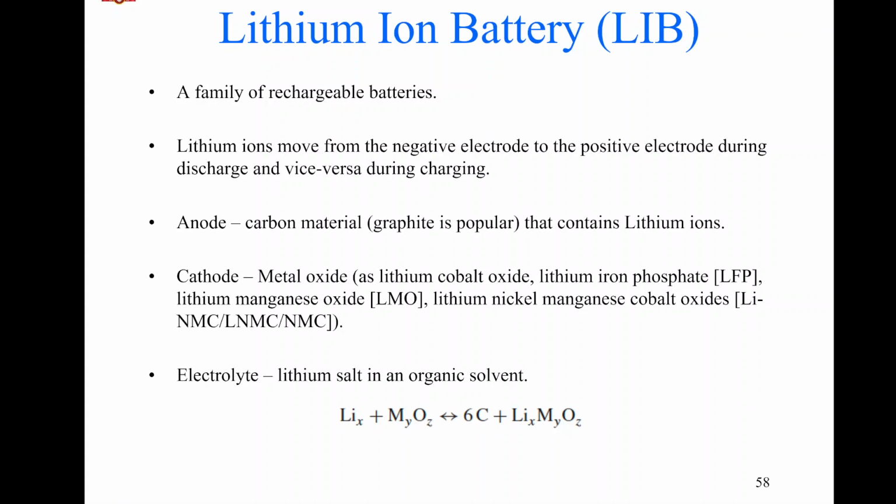This is a family of rechargeable batteries where the lithium ion moves from the negative electrode to the positive electrode during discharge and vice versa. Anode is generally a carbon material, graphite, that has sites to contain the lithium ions so that we can safely store the lithium ions. And cathode is a metal oxide like lithium cobalt oxide, lithium iron phosphate, lithium manganese oxide, lithium nickel manganese cobalt oxides,